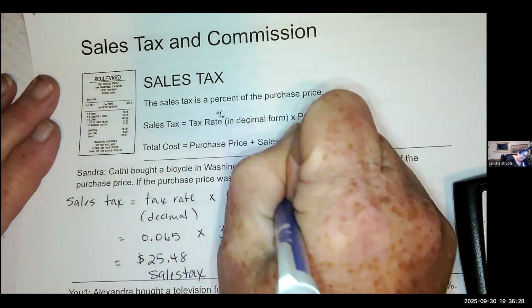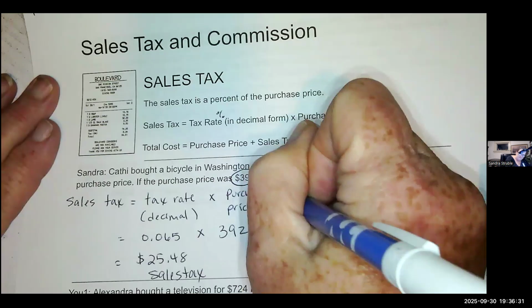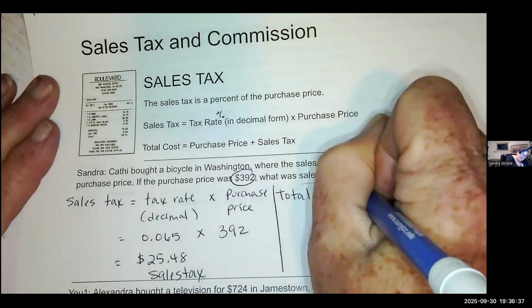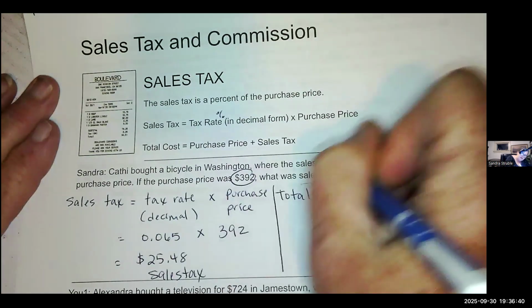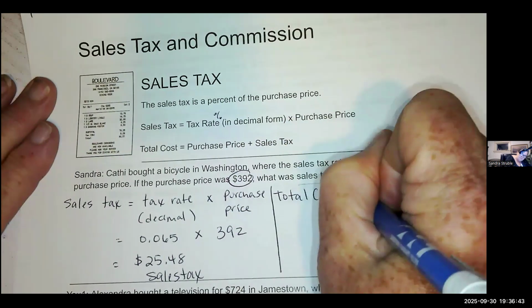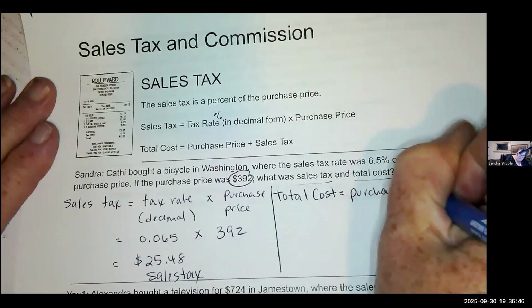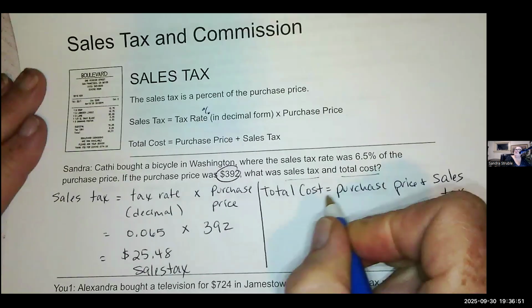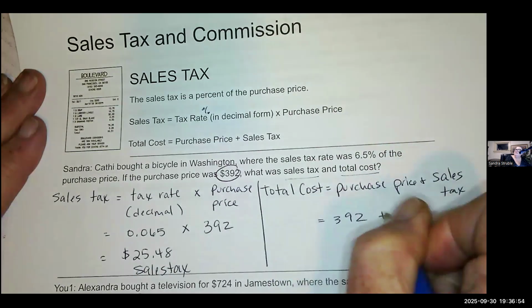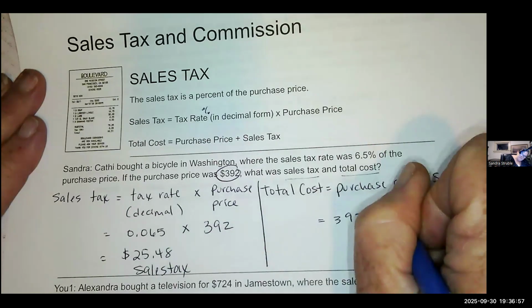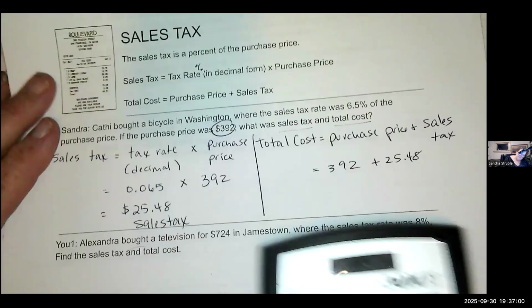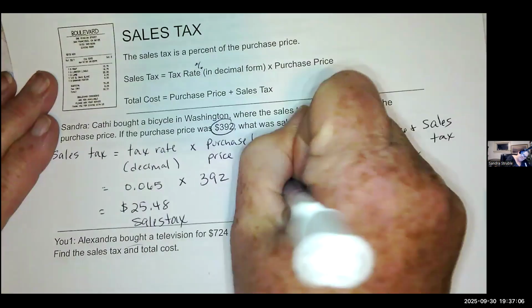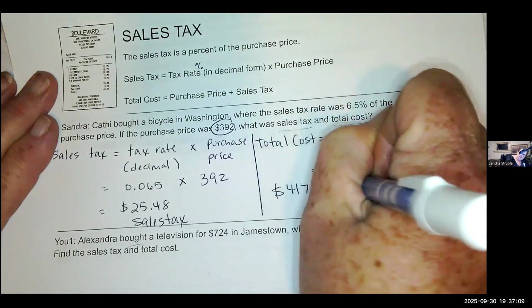Now we need to find the total cost. And the total cost is just equal to the purchase price plus the sales tax. Okay. Purchase price is $392. Sales tax is $25.48. Add the two together. And I got $417.48 is the total